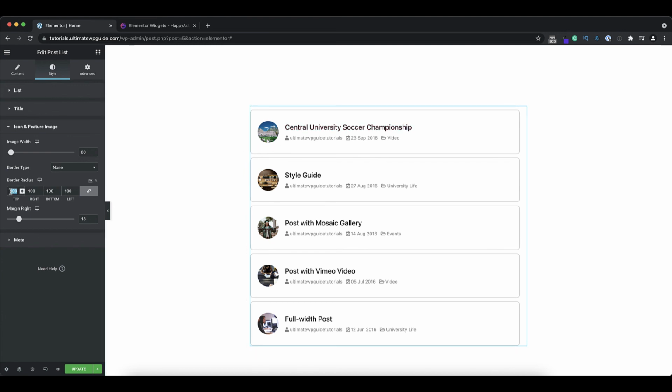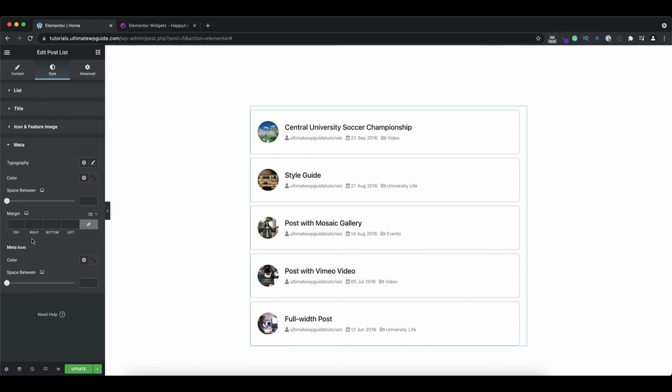If I wanted this to be a square image, I'll take the border radius off. But again, here I like the look of that little round image. I can set up the margin, so the margin is the space between the featured image and the text content. And then finally, on the metadata, I can specify the typography, the color, the space between the icons and the